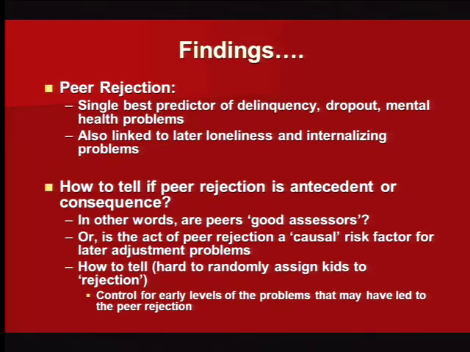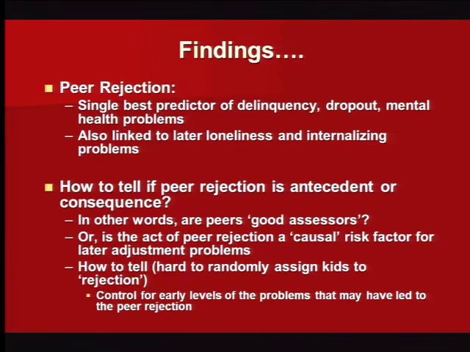Or does it mean something more? Does it mean that if the majority of kids in your class dislike you, that variable itself predicts later bad outcomes? If you're not doing well in school and you get kicked out, it's hard to catch up academically unless you're really intensively homeschooled. If you're rejected by your peers, it's like being expelled from the peer group. How are you going to ever learn social skills? So one of the questions is, is it just that peers are sensitive assessors? Or is it that the act of being rejected by your peer group is actually a causal risk factor?